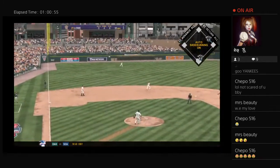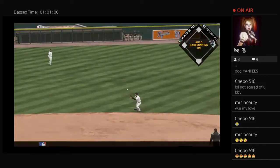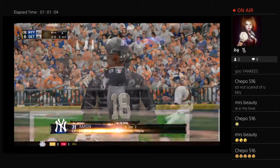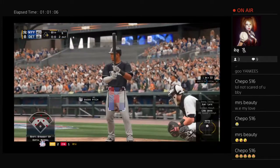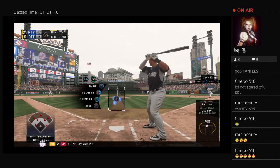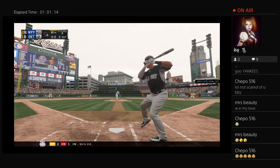Goes the other way as this is a line to left, but pretty much right at the left fielder as he takes it in for the second out. So standing in, Aaron Hicks, and he's got a very real opportunity at making some history here. Yeah, all he needs here is the double, guys, so he's going to be feeling just a...